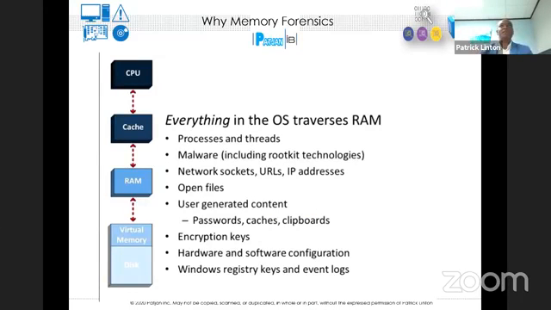So how do we conduct this kind of analysis? RAM acquisition is our friend, right? As forensic analysts, we always have to do an acquisition of memory, because everything traverses RAM. Sockets, where you have a connection from a computer to an external machine or to a command and control server. You will have encrypted keys in RAM. You will have passwords. You'll have remnants of data that is of importance. Significant artifacts can always be found in RAM, among other things that I have here on screen.